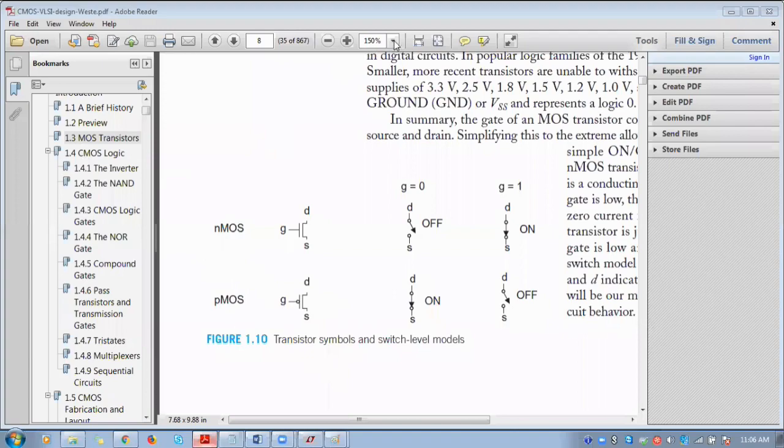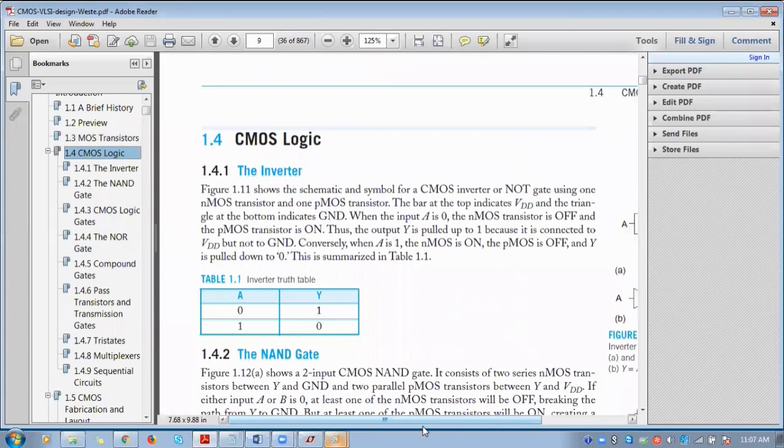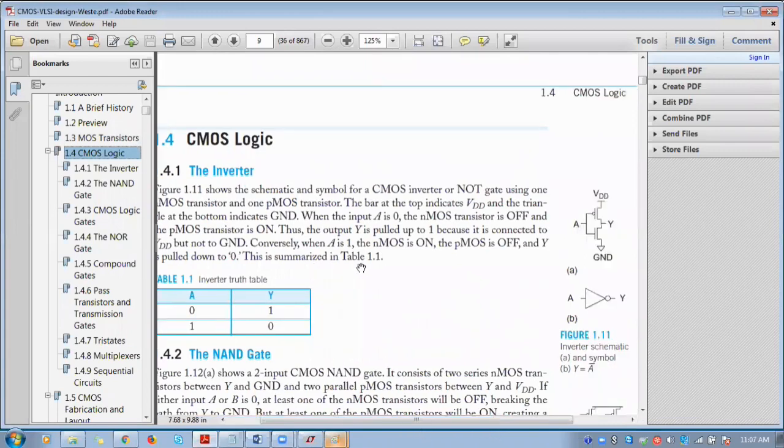While coming to the logic, initially we need to keep in mind how many transistors are to be chosen for designing a particular logic. For CMOS design, the very basic design is the CMOS inverter, which has a single input.